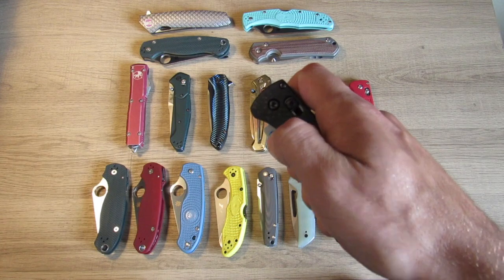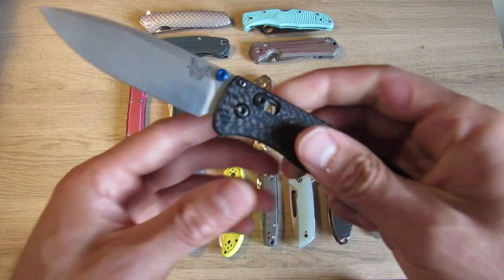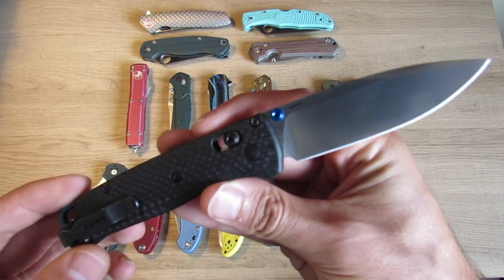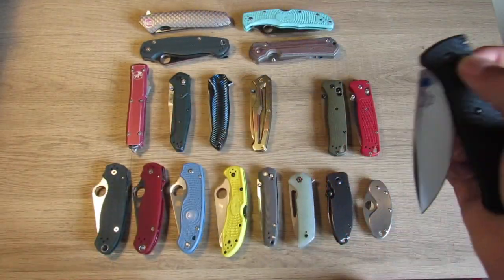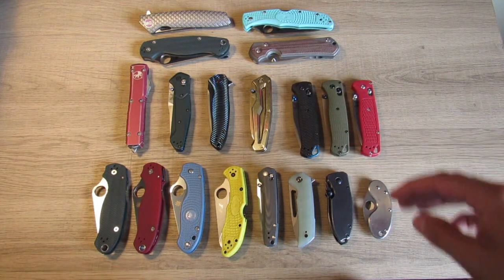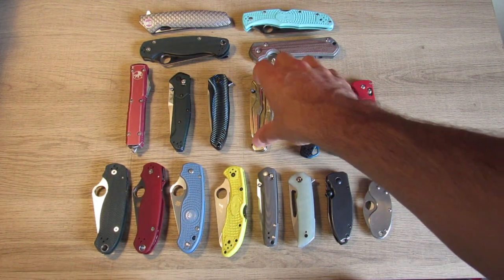This is a production model, so they're still available. A little more expensive than the standard Bugout, but it's priced well, in my opinion. So, yeah. Love my Bugouts. Love my Pair of 3s. Those are the 2 models that I have a bunch of. This guy